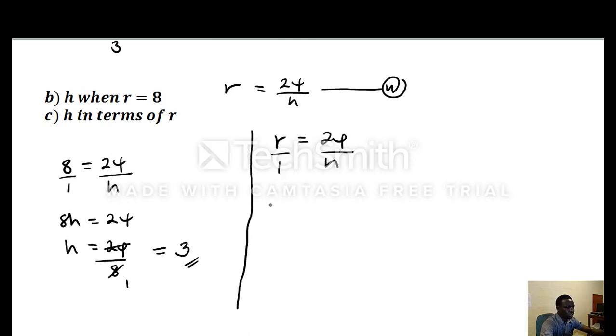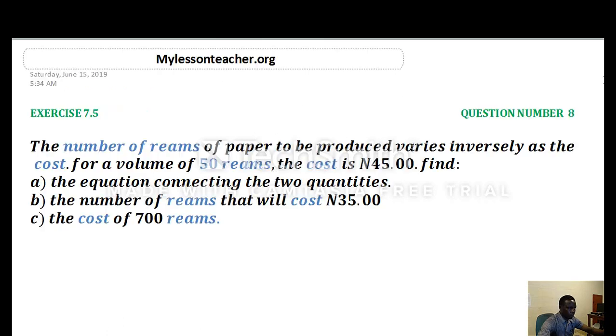This leaves us with HR is equal to 24, and when you divide both sides by R, you have H is equal to 24 over R. This is what you will get, or this is what you should get when you are asked to find H in terms of R. Question 8 says the number of reams of paper to be produced varies inversely as the